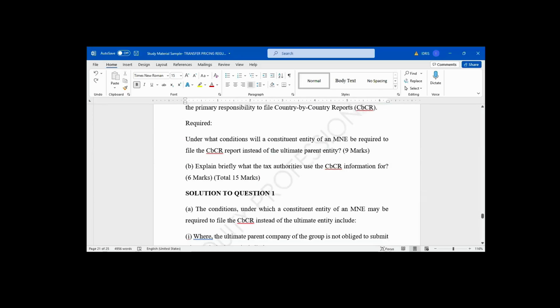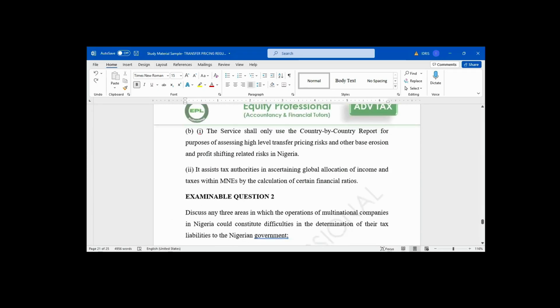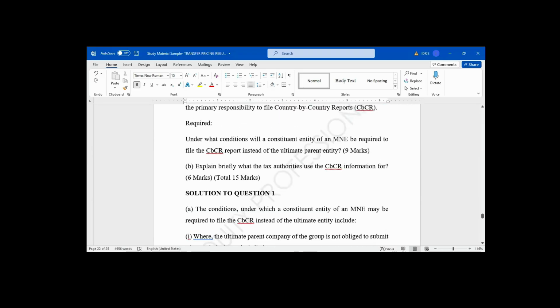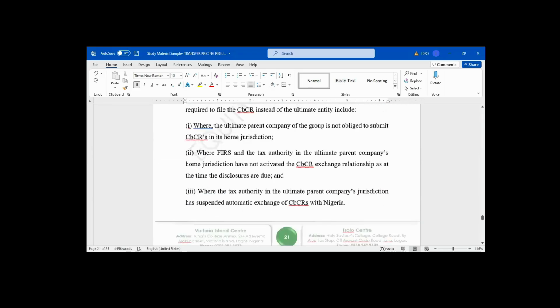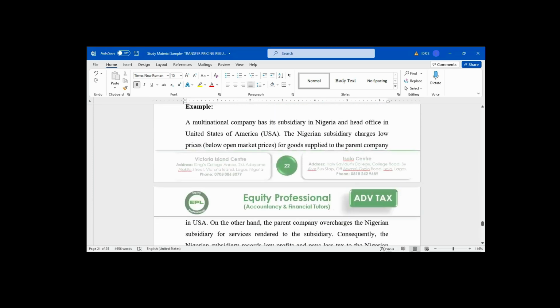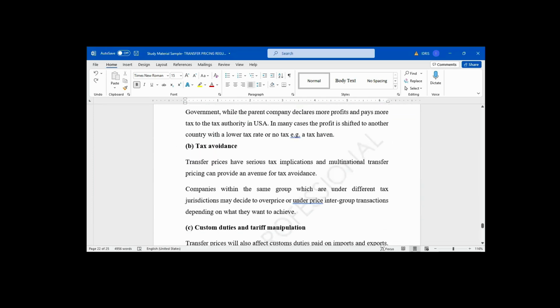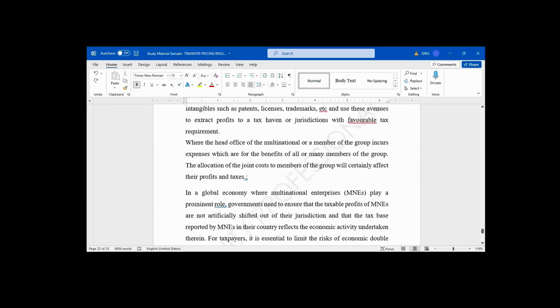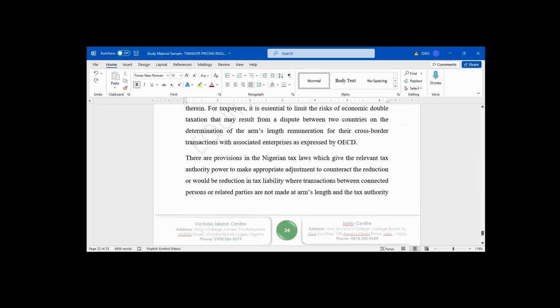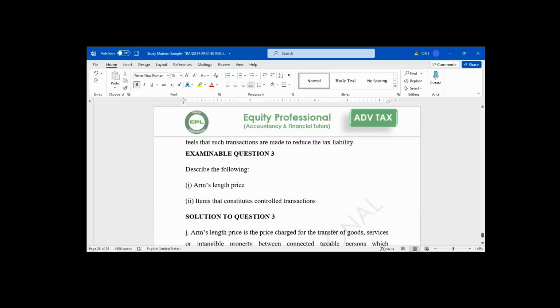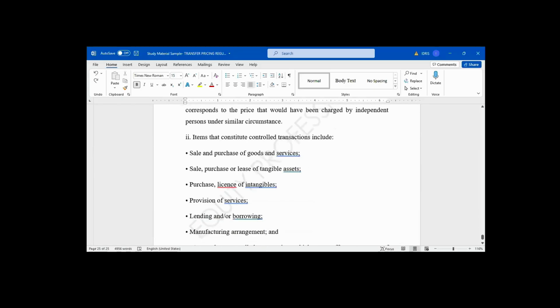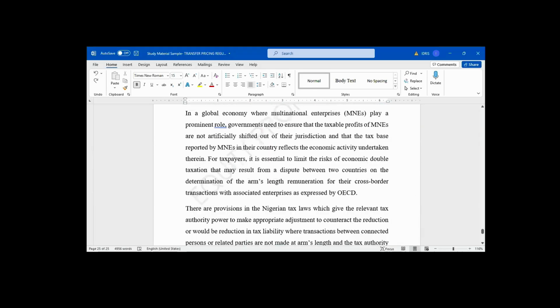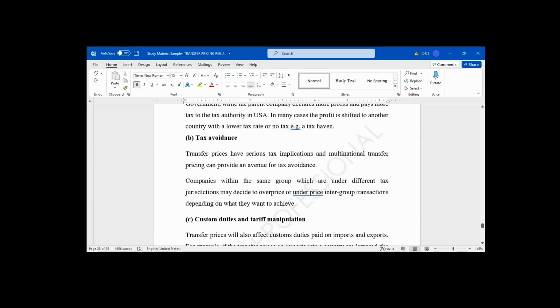And I have some questions and answers. The answers have been provided. I think I have like 3 questions under this transfer pricing topic. Please try to lay your hands on those questions, especially question number 3, and attempt them. In case we have any question or any issue on the questions, let us know. The solutions to the questions are there. The questions are very simple. Transfer pricing is one of the international taxes, so let's take note of them.